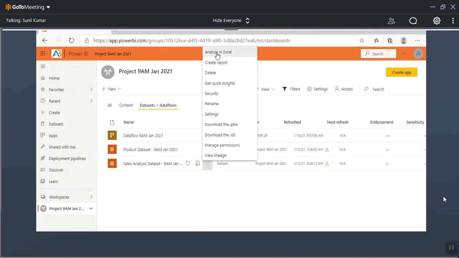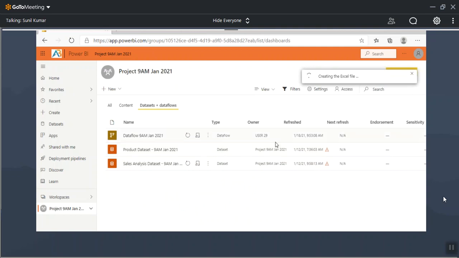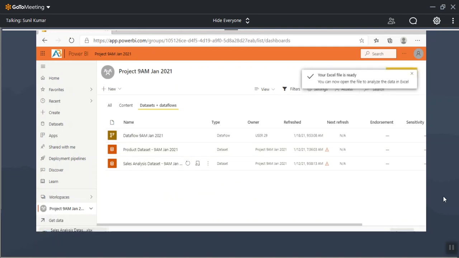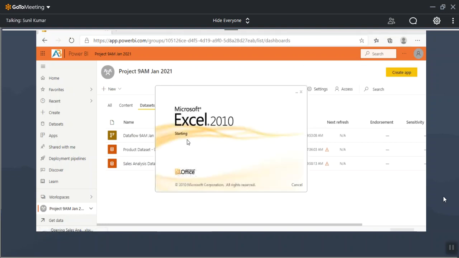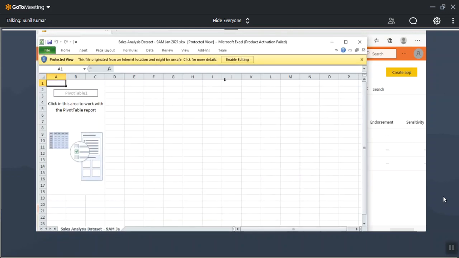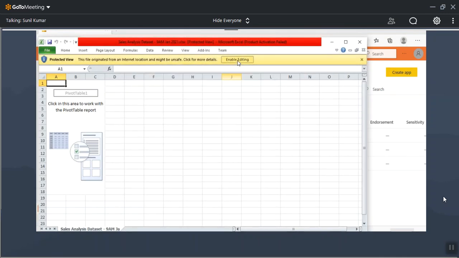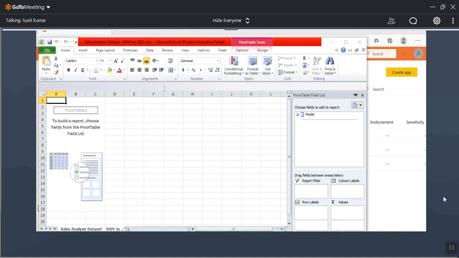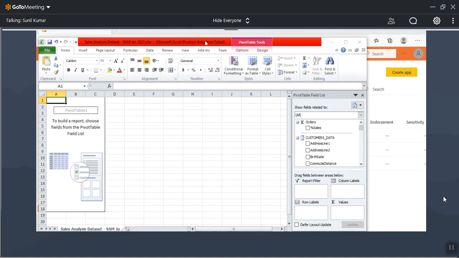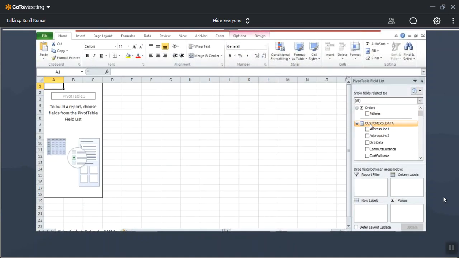When I click on Analyze in Excel, it got downloaded. Open it. It will open an Excel file where you can start performing the analysis. This Excel will connect to the data set.